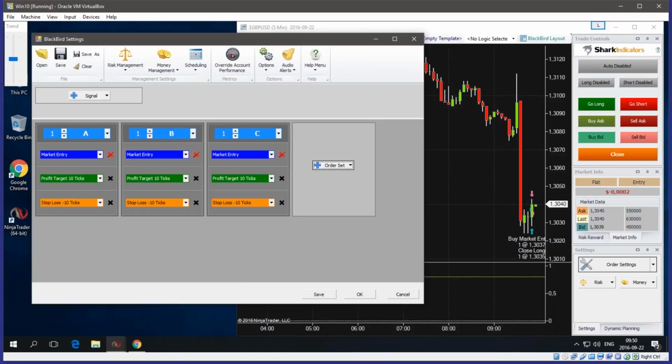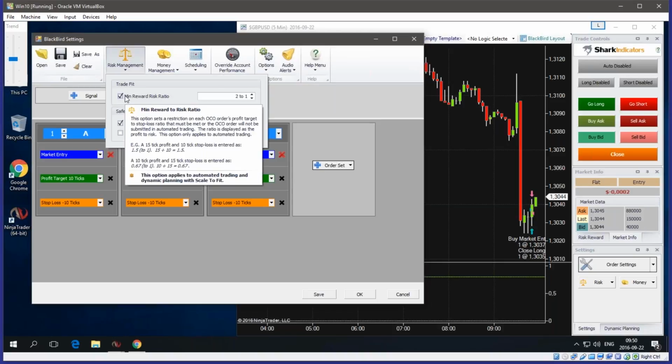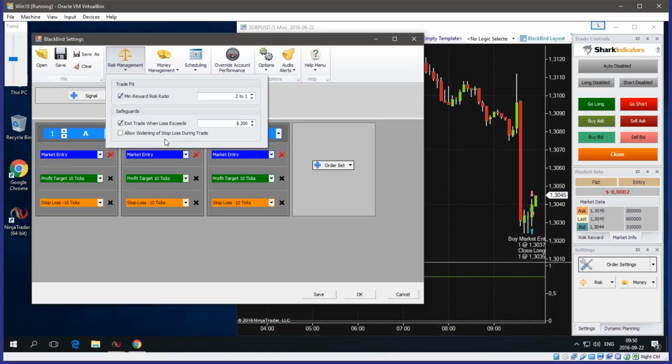And so in the risk management area, you can use that setting. So Mike, could you open up the risk management? And so the exit trade when loss exceeds, that's kind of like an absolute backstop. So if you've got some complex order settings there, with stop losses and stuff like that, you could put in some complex stop loss trailing rules, and